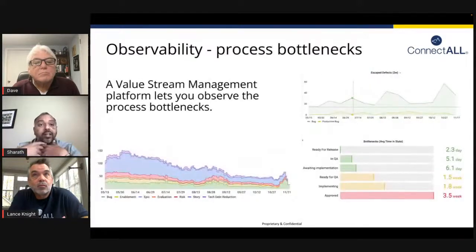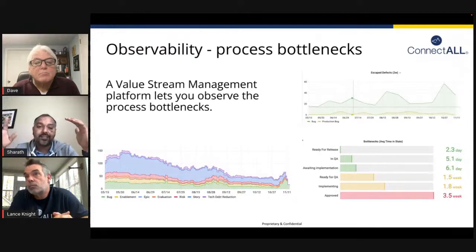At the same time, observability should also help you identify the process bottlenecks. In this specific example, you can see our release cycles are really short, at about 2.5 days. But the time we are spending on approval and taking it to implementation is way too long, right? And also, in the flow chart, we are seeing that our flow load is trickling down gradually over the last 2 quarters.